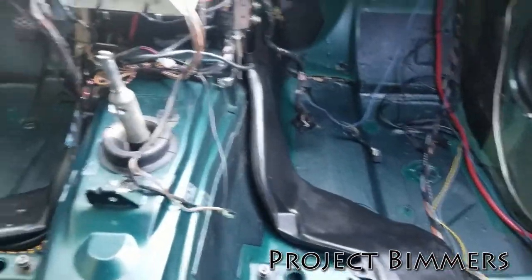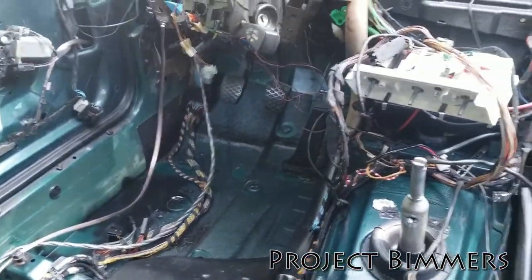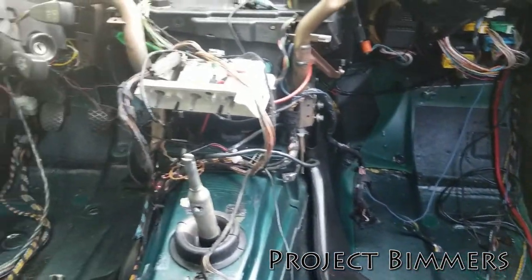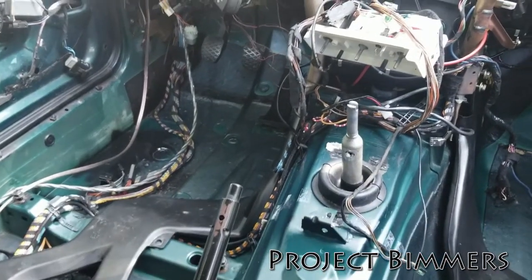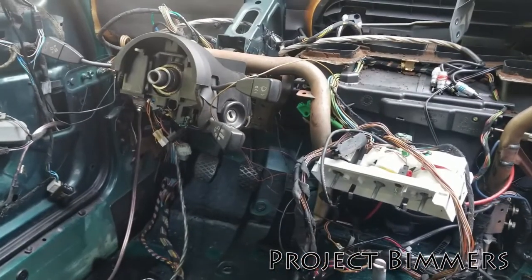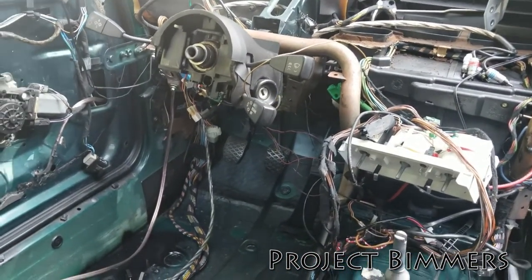All right, it's starting to look and smell a lot better in here now that I got most of that stuff cleaned up, which is one thing you can do in case you have a flood. Take advantage of that. Now, another thing that I can think of, number two: if your car ever floods and you get to take out most of your interior like this, it's a perfect time to clean up any wiring. If the audio wiring that you're doing is hard to get to because this carpet's in the way